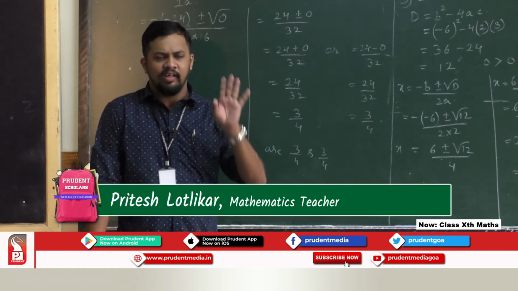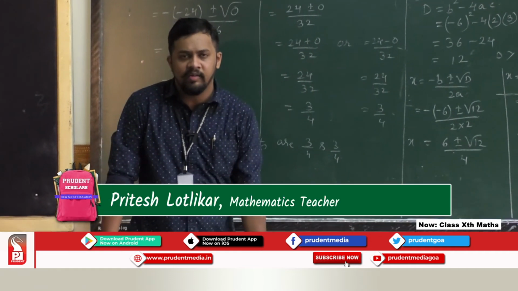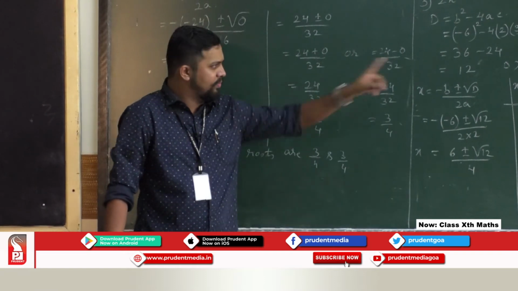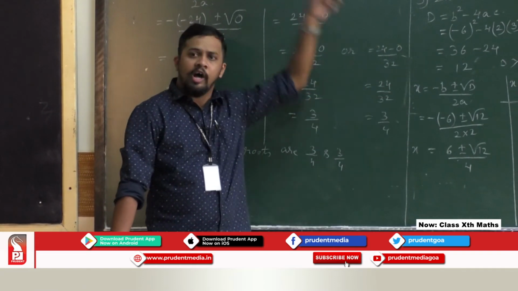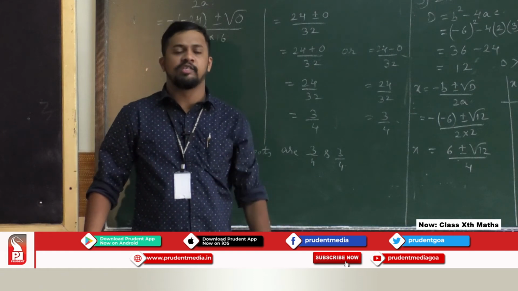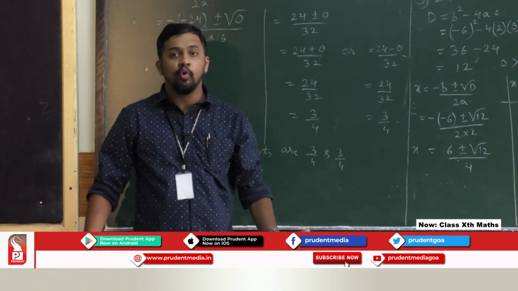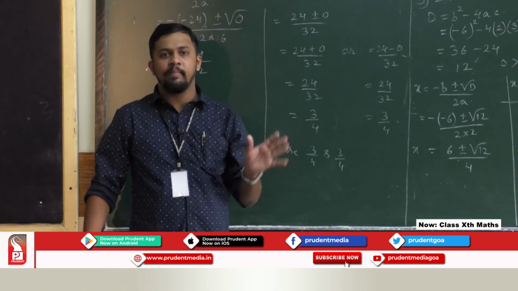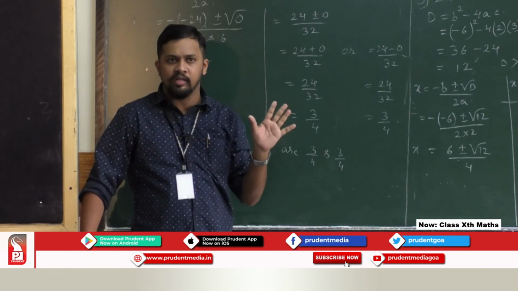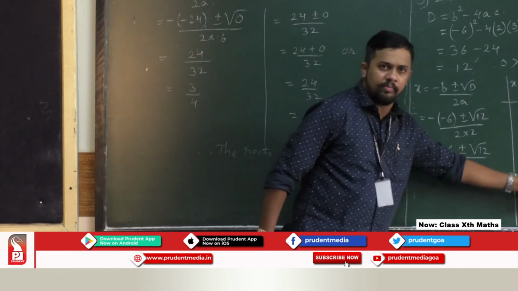Again repeating back, nature of the roots is nothing but we have learned three things. If d is greater than 0, look here, d is greater than 0. Earlier problems, d is greater than 0. That time we get two distinct roots. I will say two distinct real roots. Real means rational or irrational. Earlier problems, I got all rational. Now I am getting irrational.